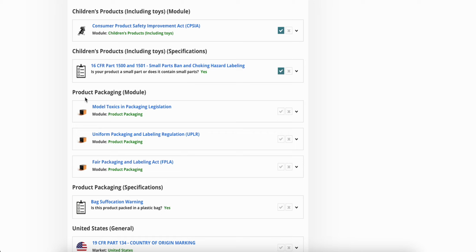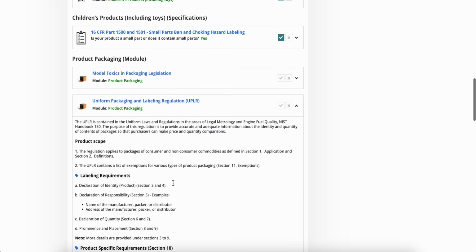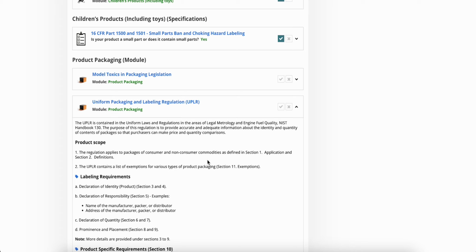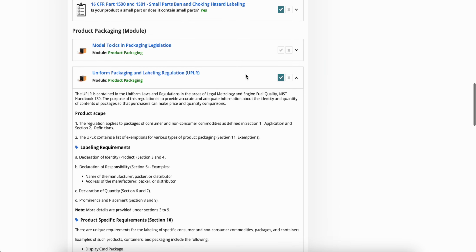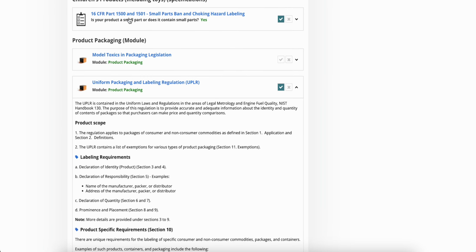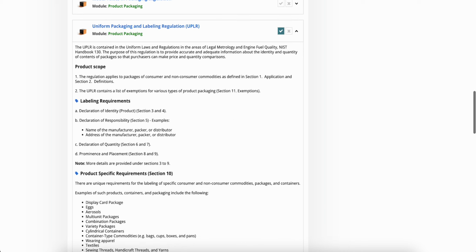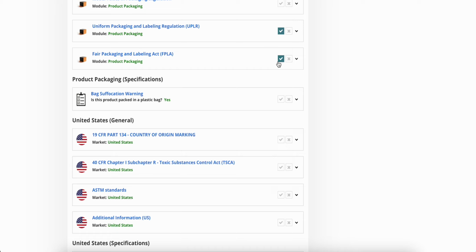As you can see here, under packaging, we also have a set of labeling requirements that apply specifically to the packaging, which I then have to make sure that I not only cover labeling requirements of CPSIA, but also take the other parts into consideration, such as 16 CFR Part 1551 and the UPLR, the Uniform Packaging and Labeling Regulation, the FPLA. I'm not going to go into detail of all of these. That would be a very long video. The purpose of this video is to demonstrate a methodology, right? But I need to just be clear that